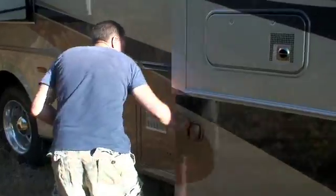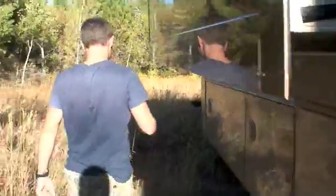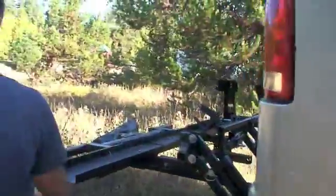We've also got, you can't really see, but there's a lot of storage underneath it. We've got it pretty packed out. We've got our motorcycle gear there, and then tools over here on the other side. It's kind of my work area here. I've got a toolbox back here, as well as all my tie downs, because I've got a motorcycle lift here on